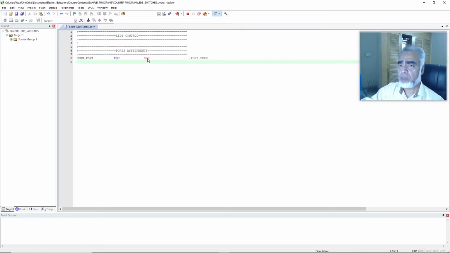Now we'll assign the labels to the switches which we have connected on port 2, that is port 2.0, port 2.1 and port 2.2. So here we will write switch_1. To assign the label to a single bit, we will use the reserved word bit, and we will write port 2.0, and now we'll assign the name to port 2.1, that is switch 2,